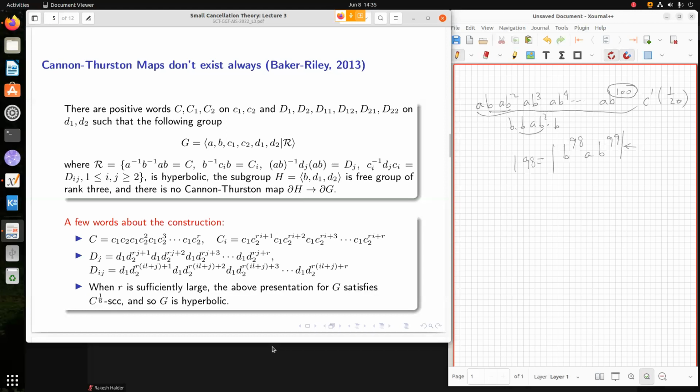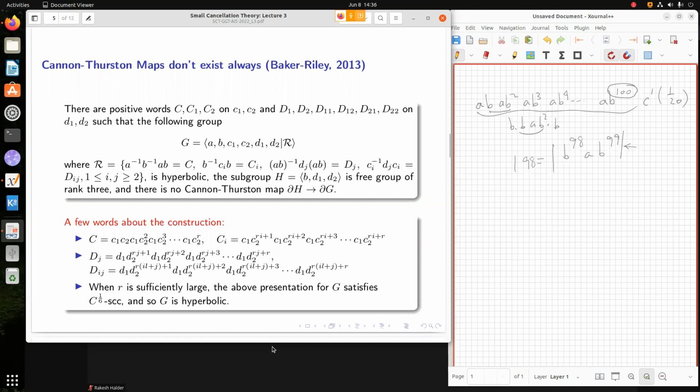So what they are doing essentially is, let us take a close look at the relators, at the positive words they have taken, because essentially the relators are constructed with these words, right? So you see that this first relator is A inverse B inverse AB is equal to C, and if I want to write it as C times the inverse of this, so B inverse A inverse B A, then that would be a relator, right? The other two relators are,